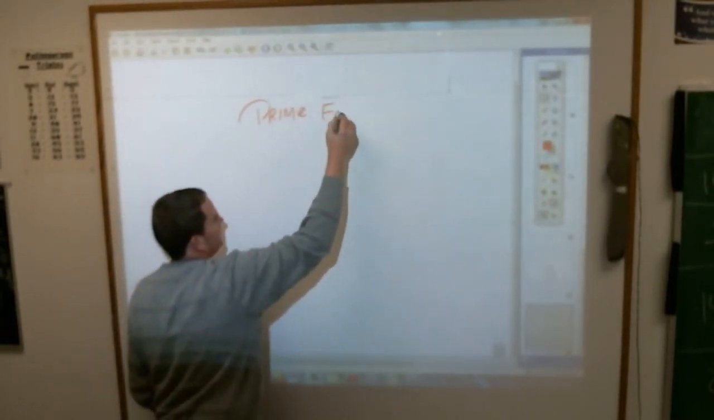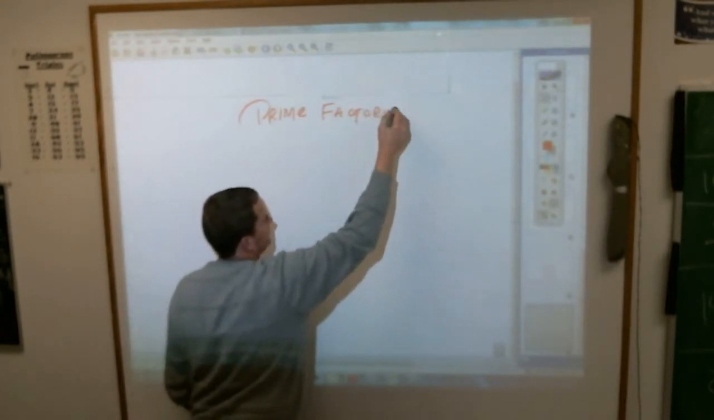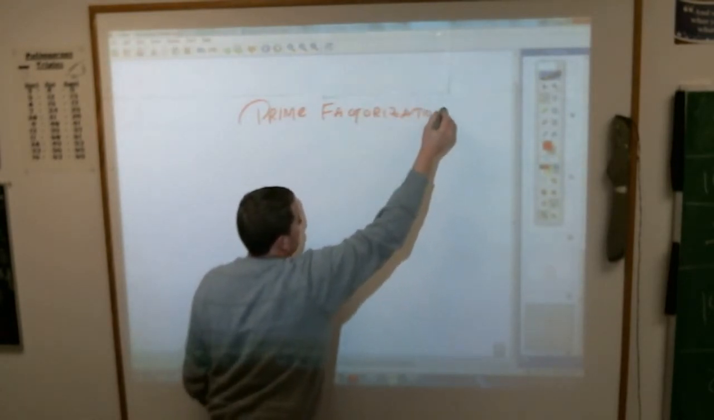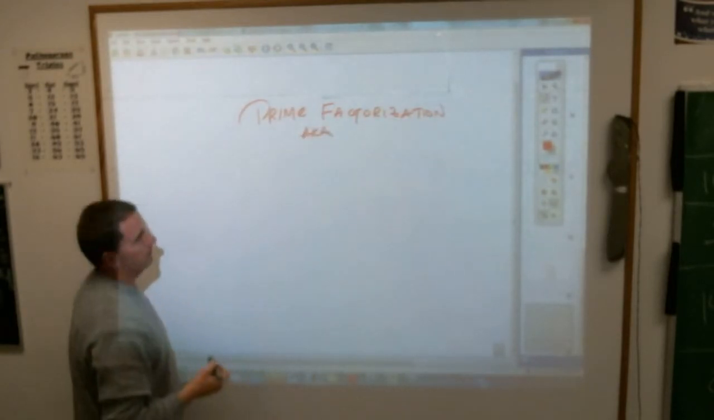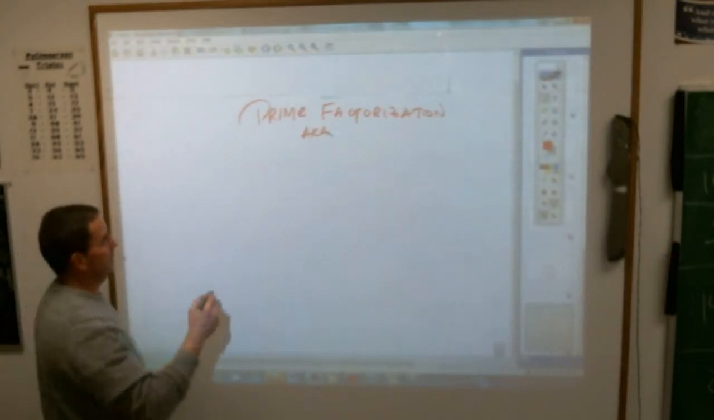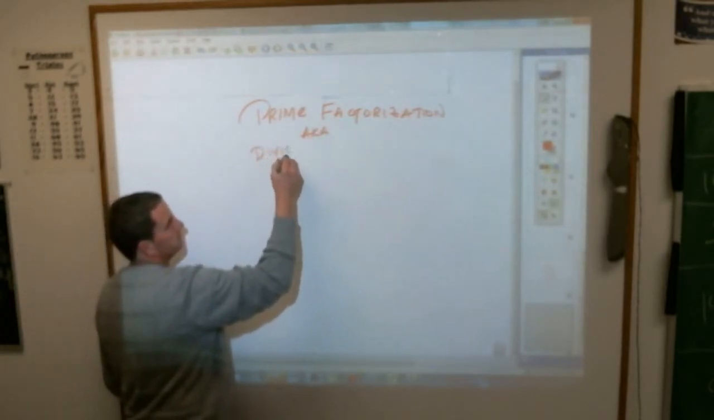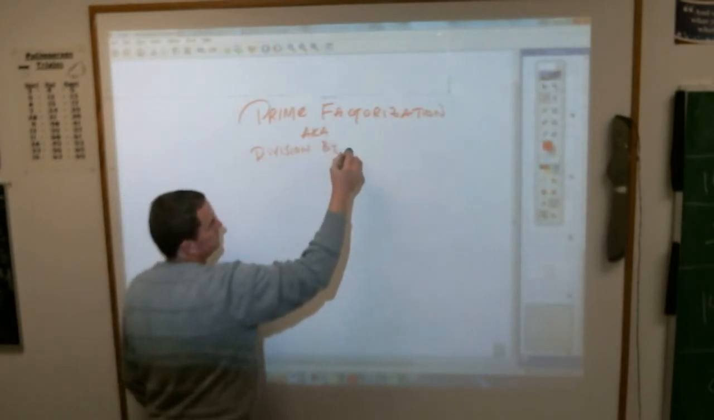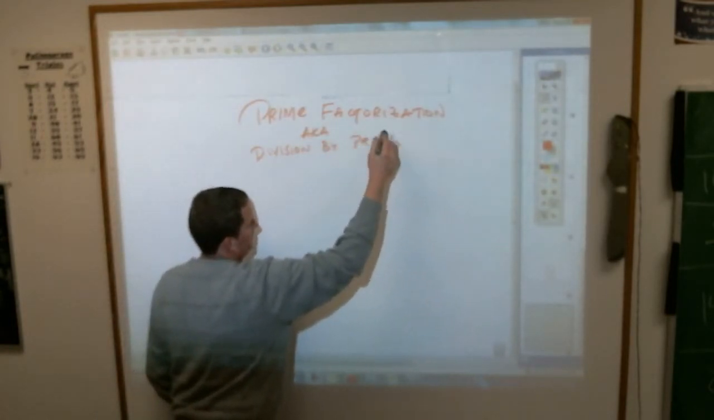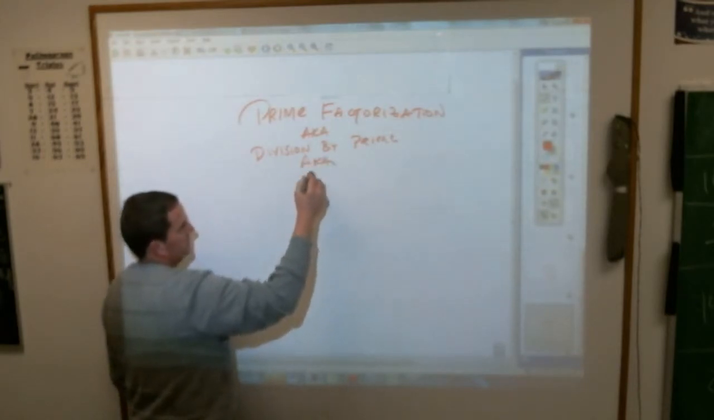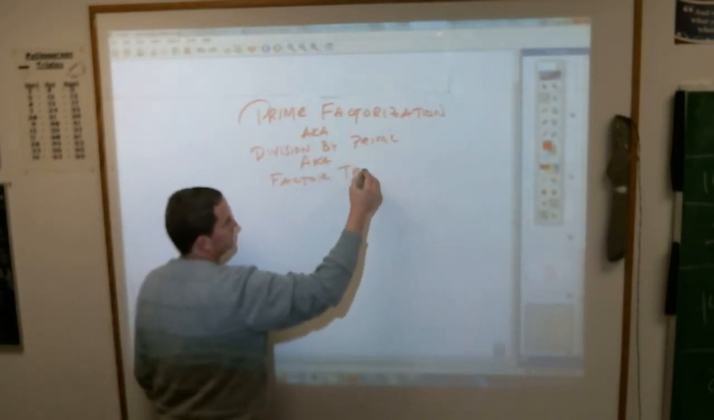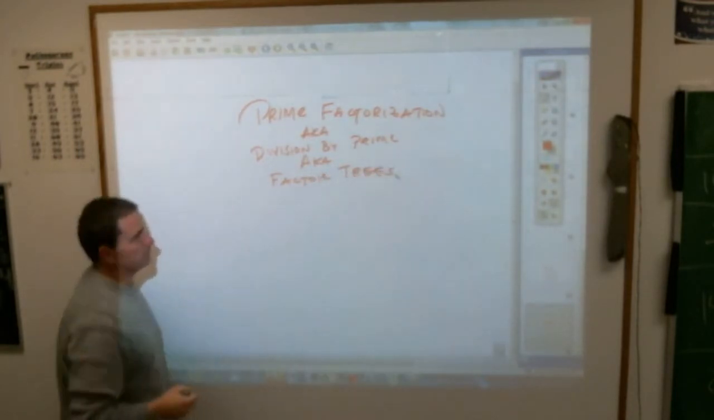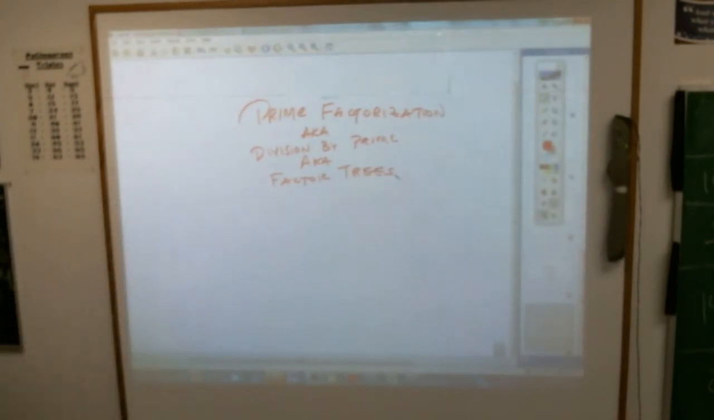Write "prime factorization" on top of your paper, which is also known as division by primes, which is also known as factor trees. Or I like to call it the tree thing. And in order to do this,